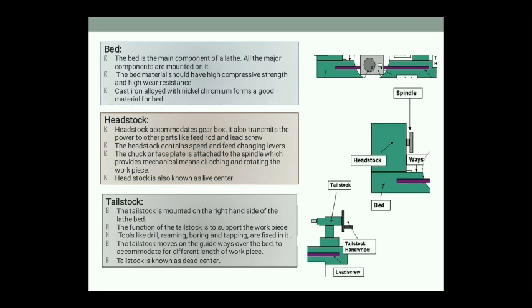So this tailstock can be placed anywhere on the guideways. We can unscrew this tailstock and place it anywhere on the bed of the lathe where the guides are there. So you have to unscrew the tailstock, move to the desired level, and again screw it. How it works, we will discuss when we discuss the lathe operations.